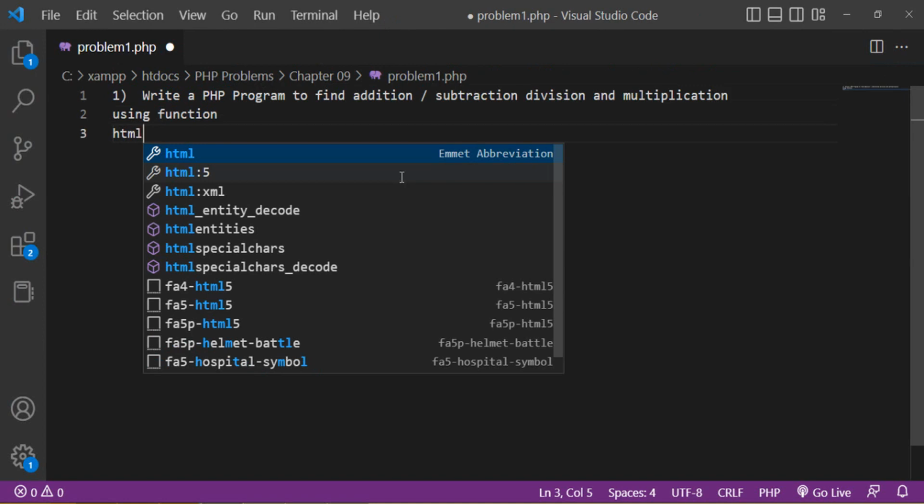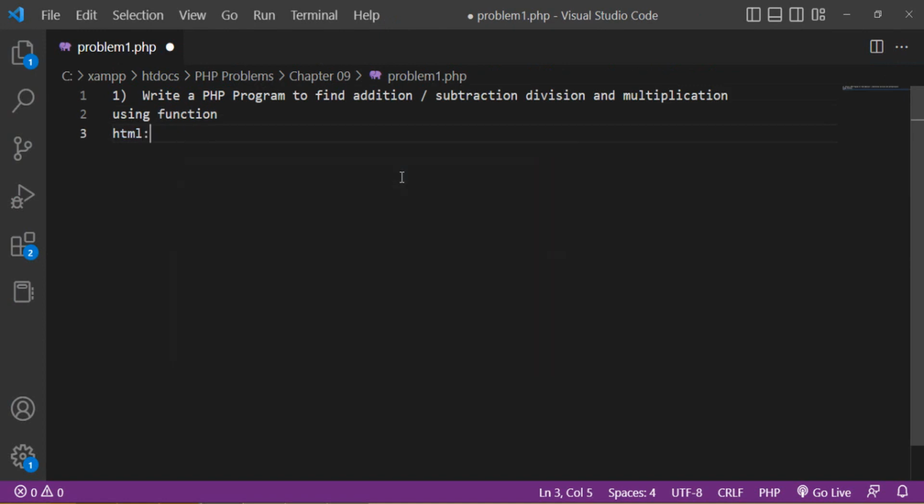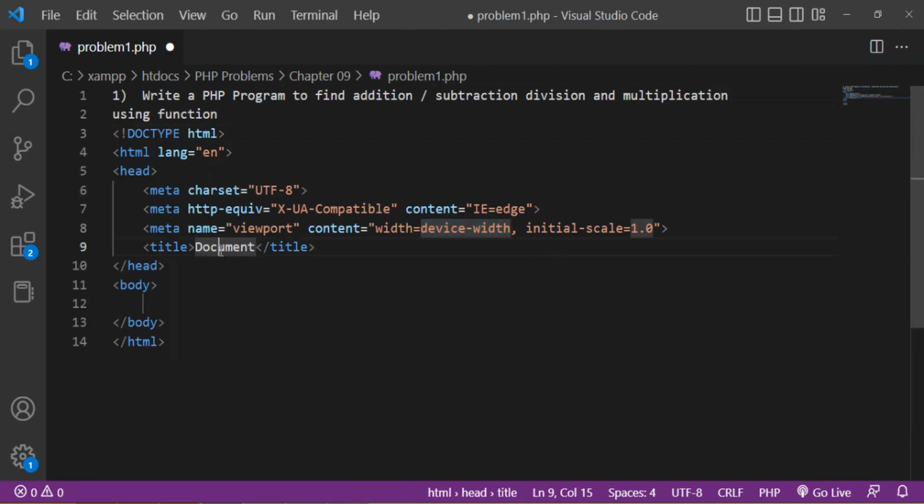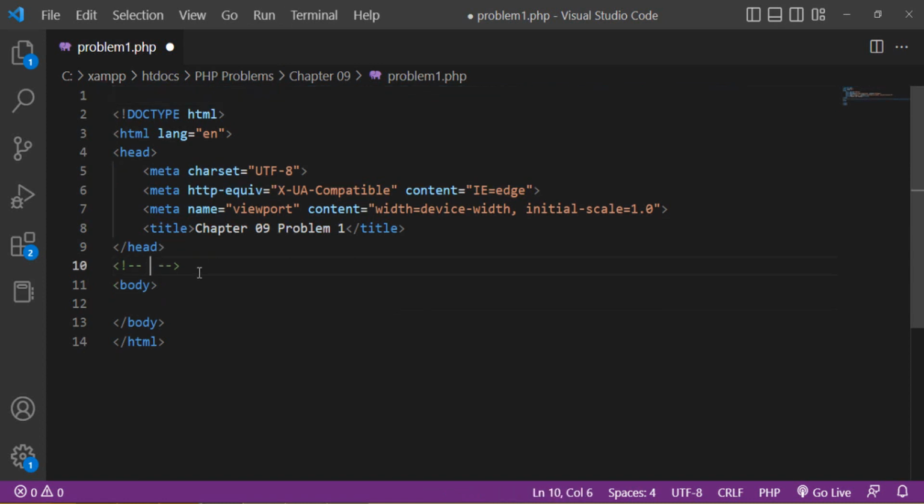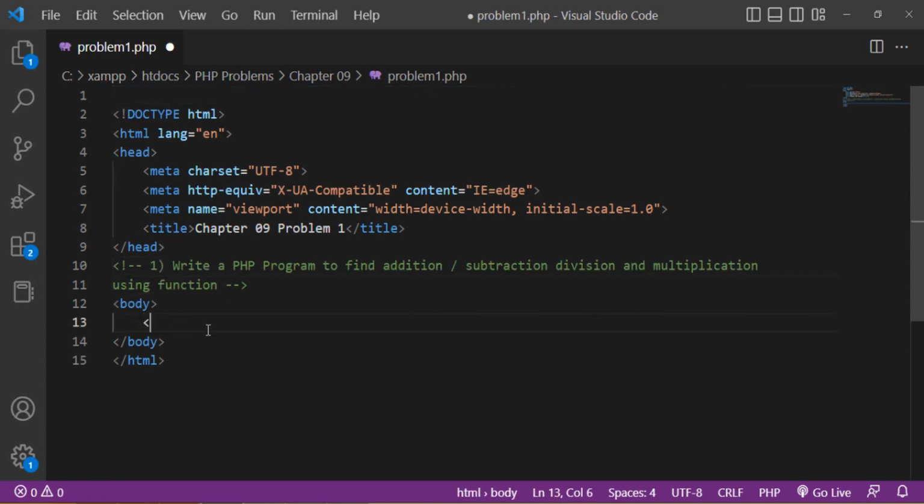So I need to get an HTML basic structure. The HTML5 basic structure has its title. I want to change chapter 9 to problem number 1. So I have to get a comment section to cut and paste here, and then inside the PHP tag I need to